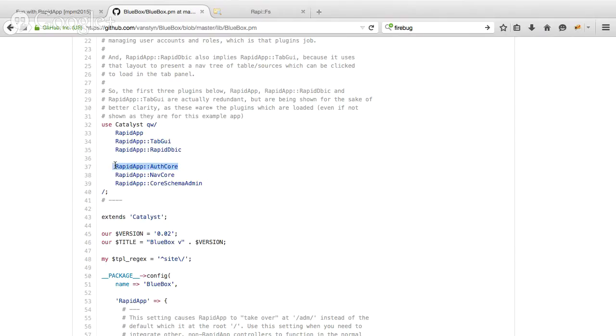Like one of them is AuthCore, which, if you enable this, will automatically configure and set up authentication in a user database for you. And another one is NavCore. And what NavCore does is it enables functionality like saved views, which I'll show you here in a second. And then CoreSchemaAdmin, this one right here, allows me to edit the database that is used for the authentication and navigation plugins. There's this common core schema that RapidApp has that it uses for this common location for persisting